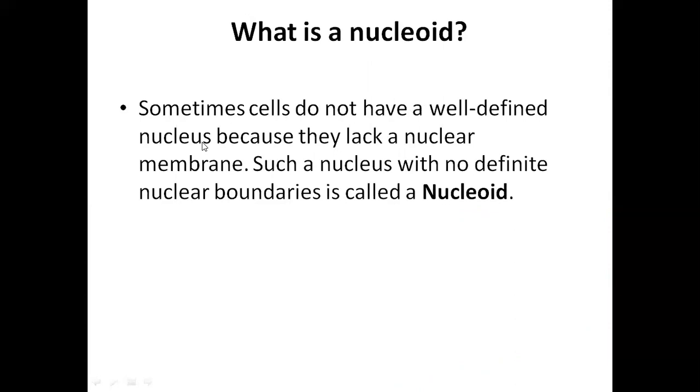Where do you not find the well-defined nucleus? That is in the prokaryotic cells, because they lack a nuclear membrane, right? Such a nucleus with no definite nuclear boundary is called a nucleoid. So if you are asked a question, what is found in a prokaryotic cell in the place of nucleus, your answer should be